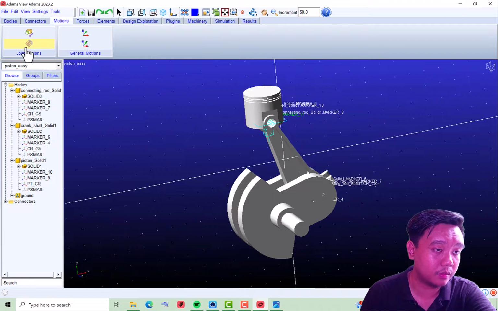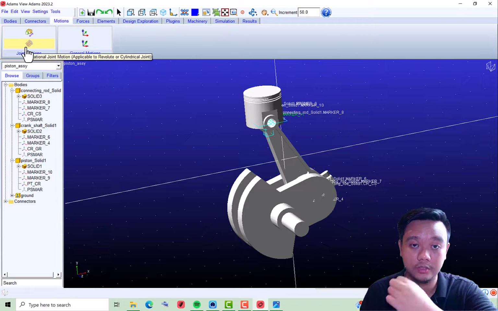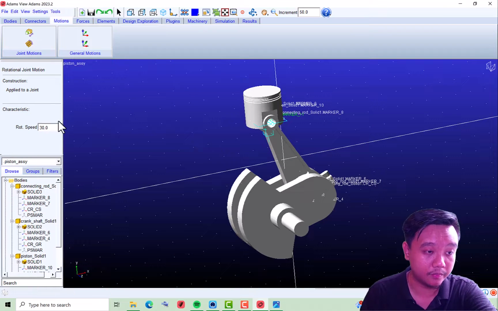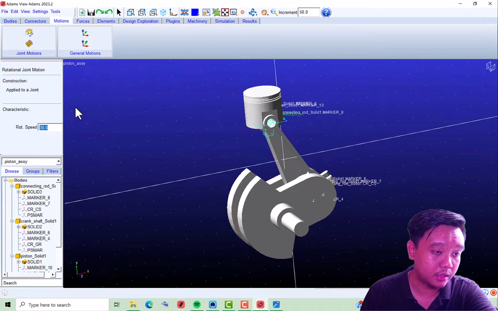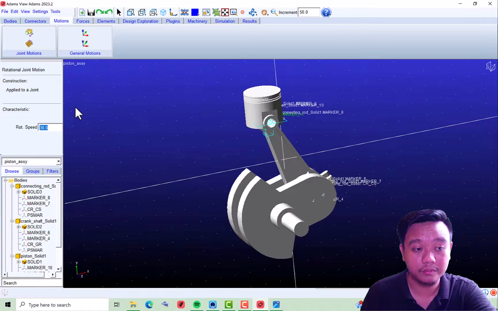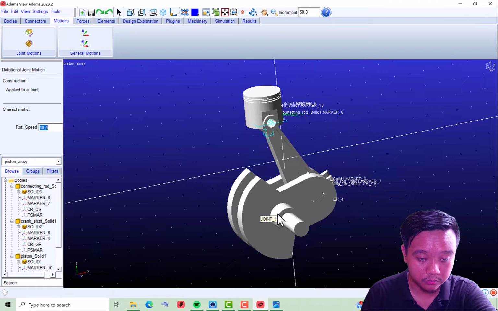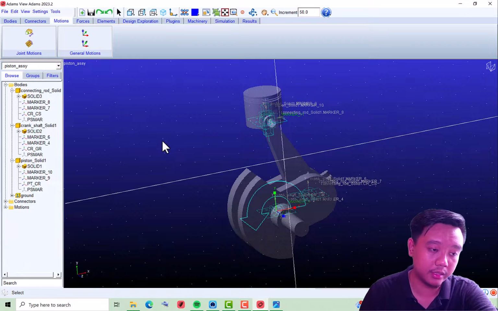Let's say I want to make the rotational motions using this joint motion. So I will set the rotational speed, let's say 30. I will explain it later. Just click this joint one, so it will rotate like this. Let's check the